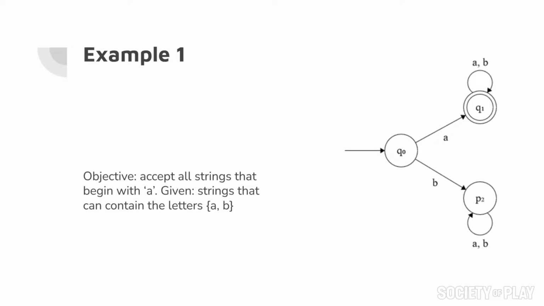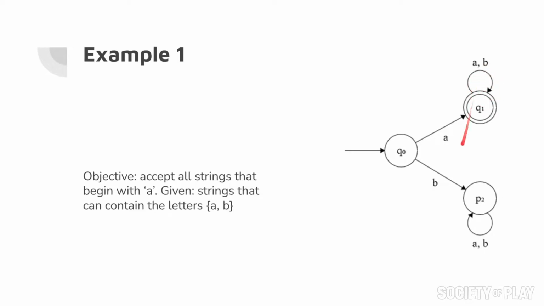All right. Now, we have to handle, what if we consume the first letter? What do we do next? If we are in Q1, and we see either the letter A or B, we don't need to do anything else. We're on the correct state. We have consumed the right input. It's correct by our standards, anyways. So we can just go to the same state over and over again until the string is finished